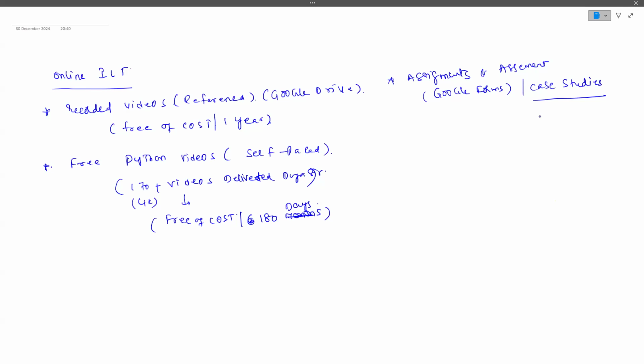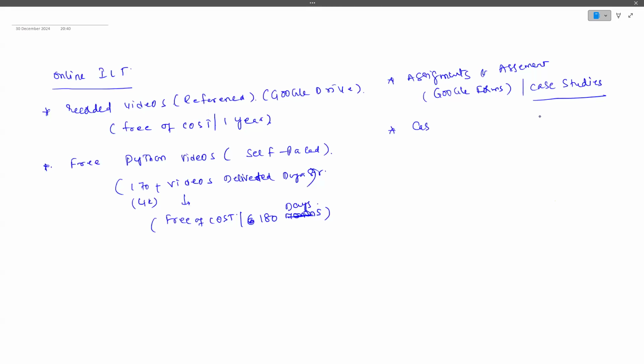There are no graded assignments. We don't give any assignments, we don't ask you to do them, and we don't grade them. There are going to be ungraded assignments. It is up to your interest and your dedication, guys. So some kind of assignments and assessments, and the main important advantage you can get in my classes, guys,